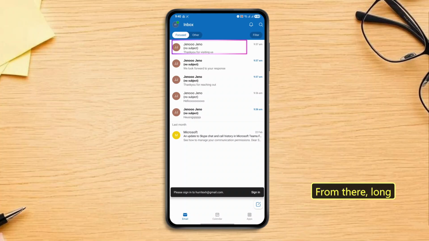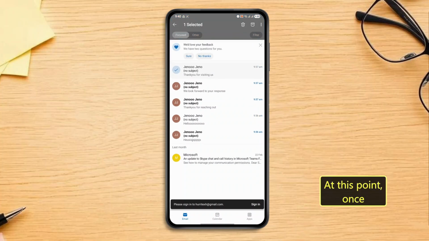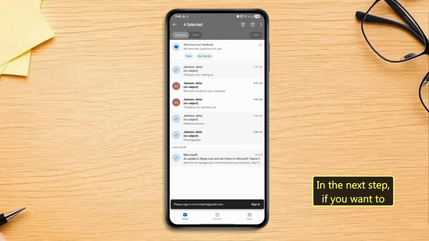From there, long press on any one email to enter selection mode. At this point, once you're in selection mode, tap on any other emails you want to include in the deletion. And the next step, if you want to select everything at once, tap on Select All at the top of